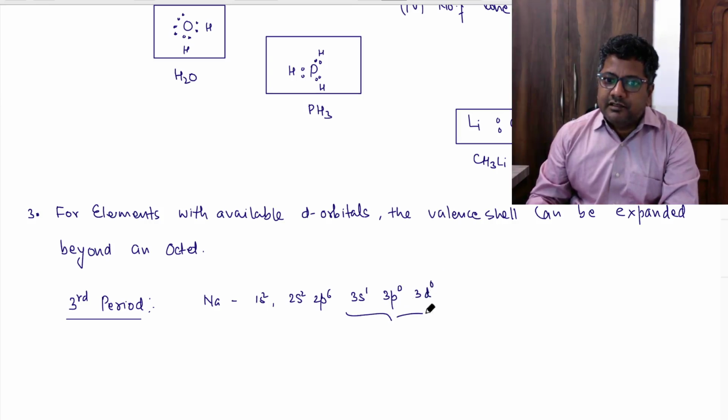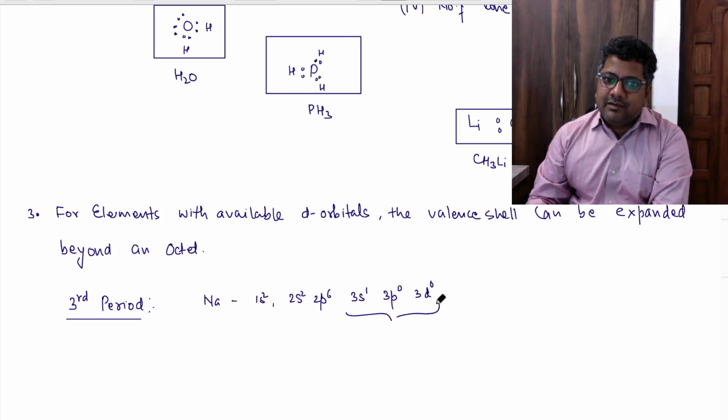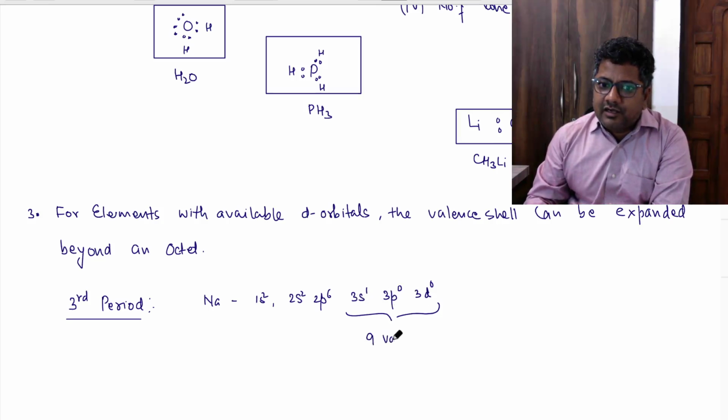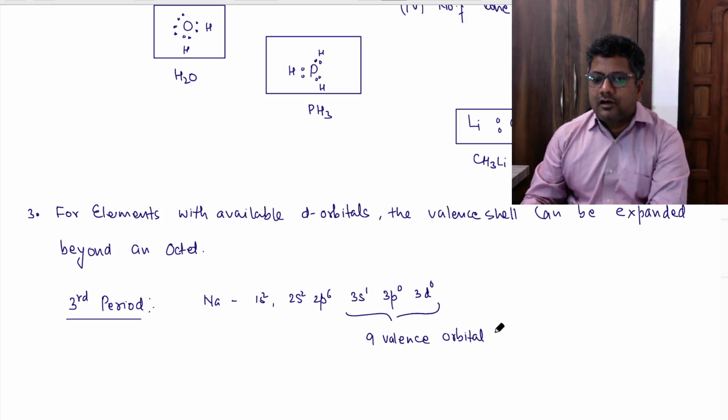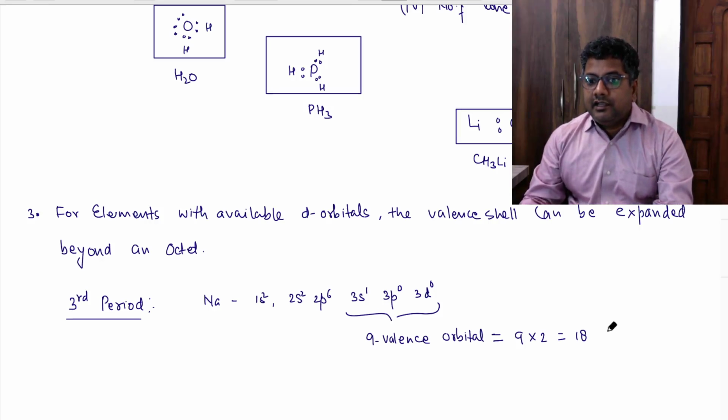So now see, this is the third shell, starting from sodium. If you examine, then 1 plus 3 plus 5, total 9 valence orbitals are there. So 9 valence orbitals means 9 into 2 is equal to 18 electrons